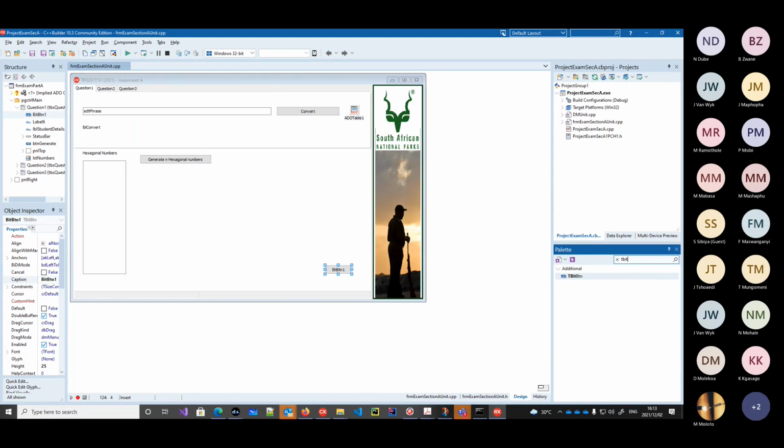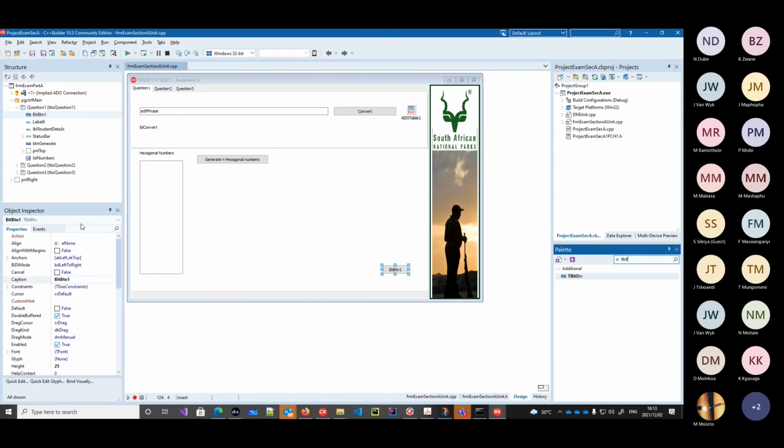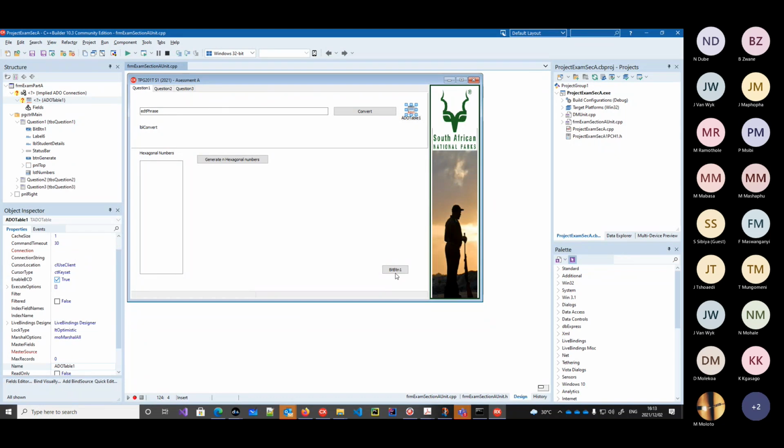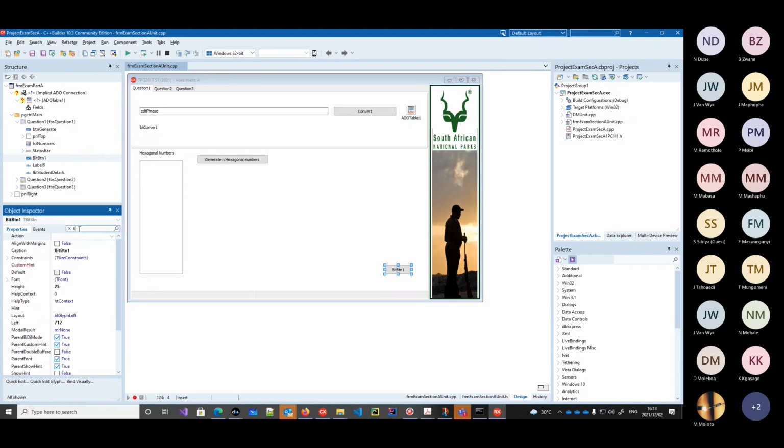Number two, we need to know where it is located on the form. To determine its location, we are always going to use two properties called top and left. So this button, as you can see, I have placed it here, right? If we go and inspect the top property, you will see top has a value of